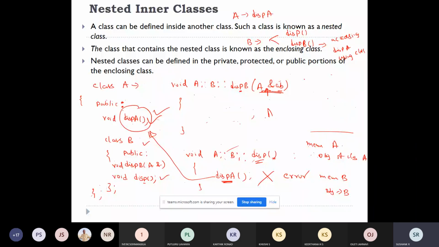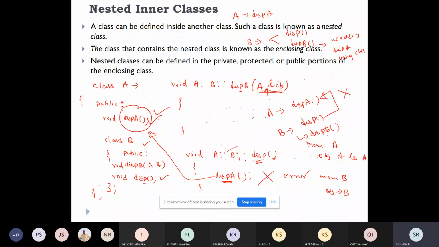See, class A contains the display A function. Class B has two functions, disp and disp B. See, this function is directly calling display A without creating any object. It is not creating any object of class A and it is directly accessing. So you will get an error.